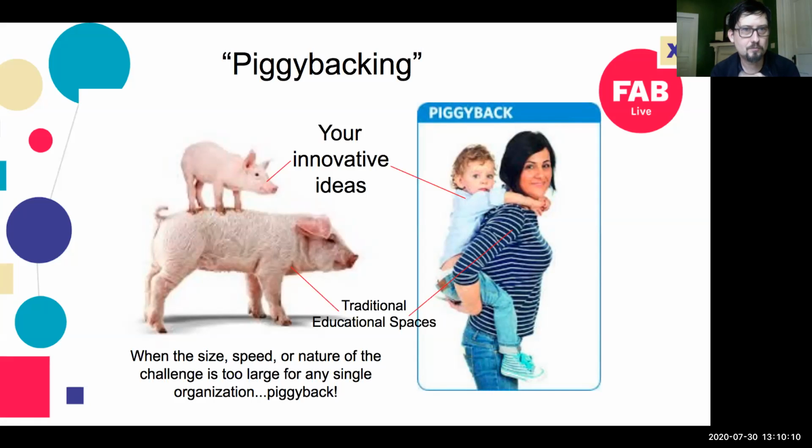And I don't want you to think from these pictures that Fab Labs are children. They aren't. They are new, they're innovative, but they often do not have the massive resources or bandwidth it takes to truly impact thousands of students on their own.